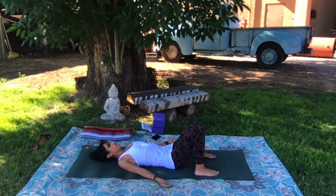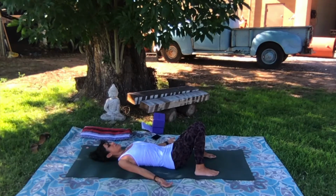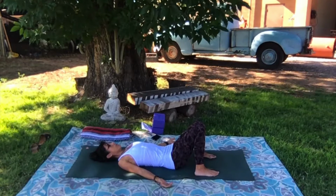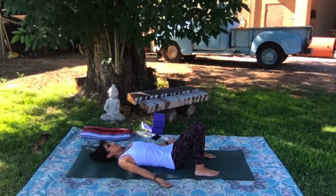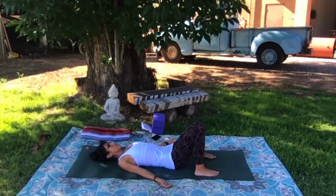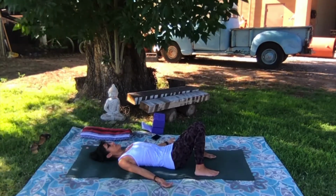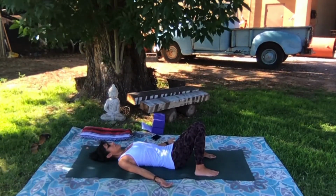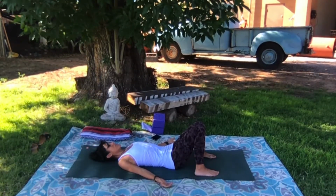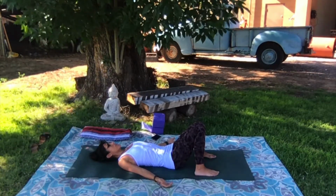Begin to notice your inhalation through the nostrils all the way to the belly. Feel the belly expand with each inhale. And as you exhale, feel the navel sink to the spine and feel and sense the breath flowing back up and out the nostrils. And do this a few more times on your own, inhaling through the nostrils, feel the belly expand, and exhaling, feel the belly soften, the navel softening towards the spine, and exhale all the air